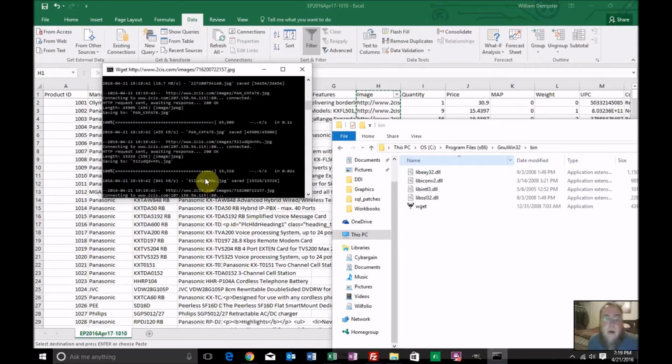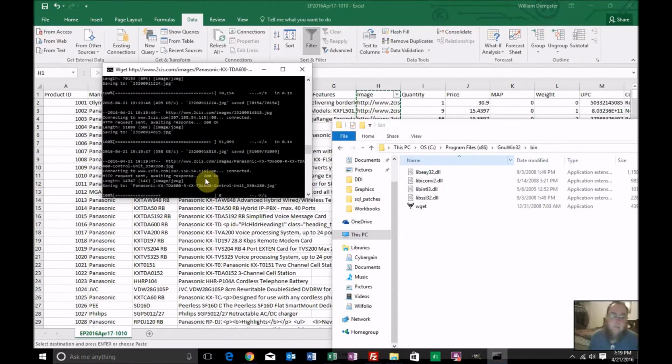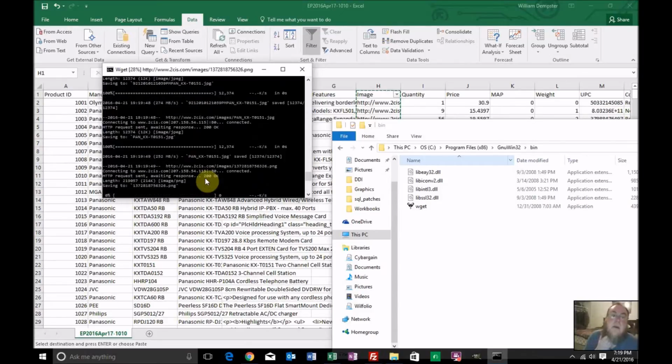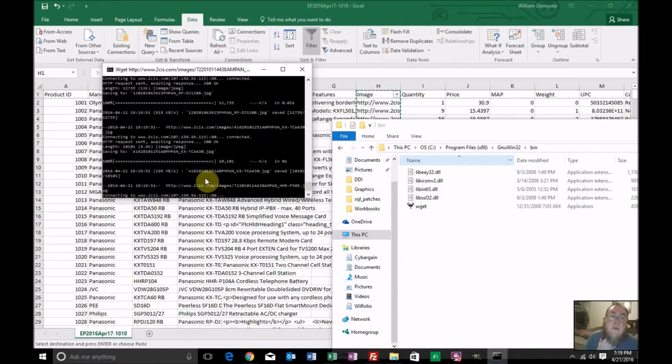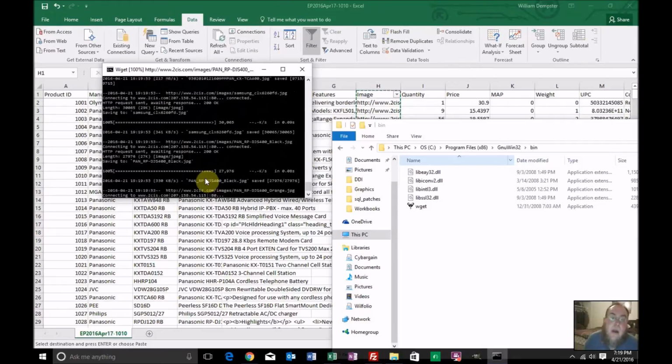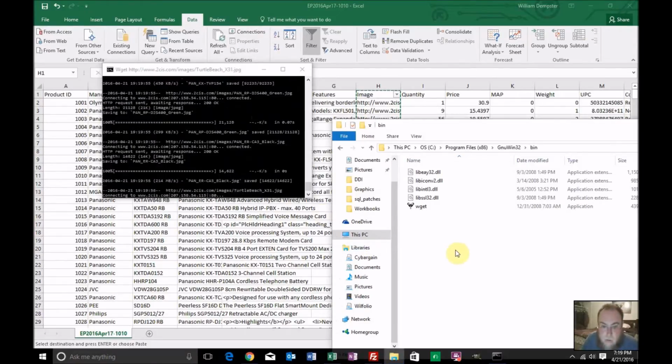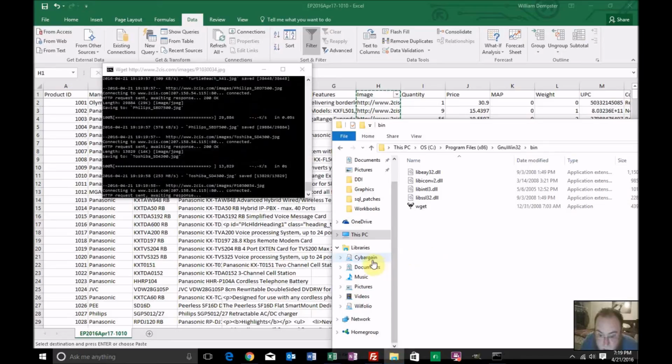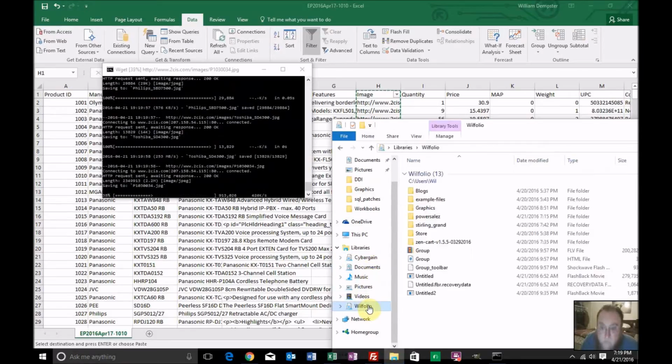Okay, now it's downloading the files. It's downloading all the images. So there's 600 and whatever images. And even if it's in the middle of downloading, you could go to the folder